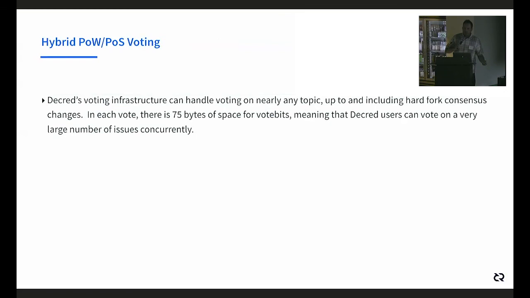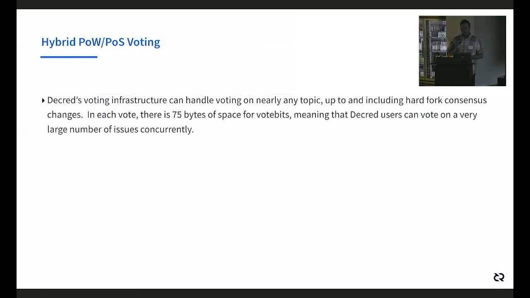Do you want to shave my cat? And this was a joke from a previous talk I gave. Do you want to add Lightning Network support? Do you want to remove the ability to censure the previous proof of work block? There are all kinds of issues that can be chosen to vote on, and there's an enormous amount of space for it. So 75 bytes, I mean, we could vote on